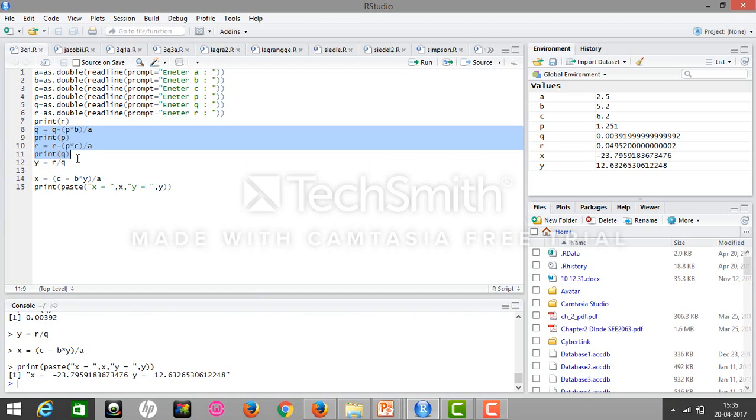And the value of x is derived the same way and displayed on the screen. So we can show the output.